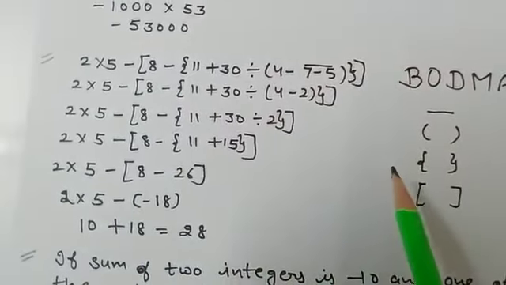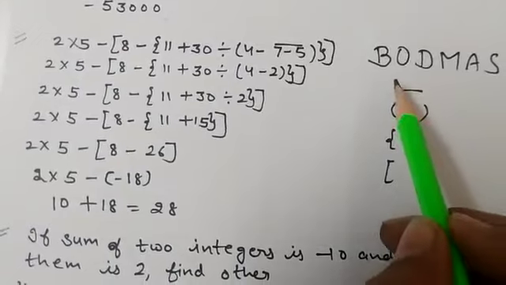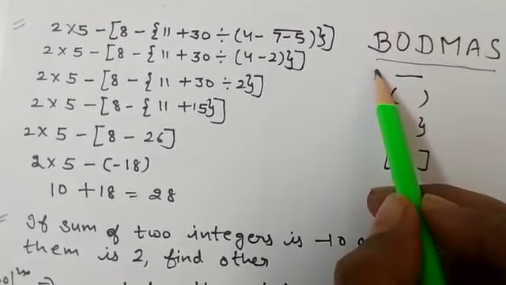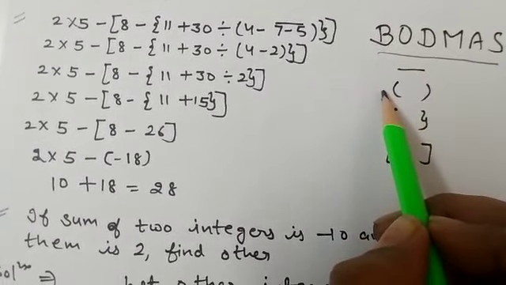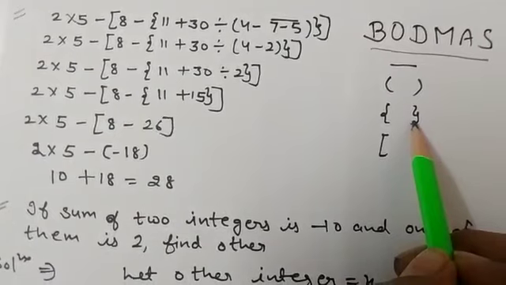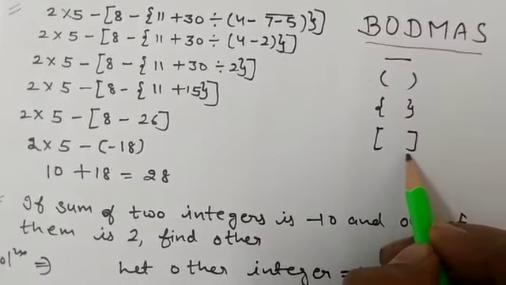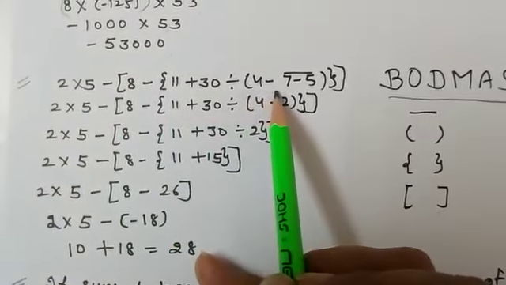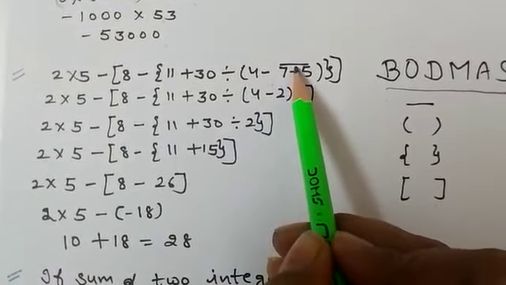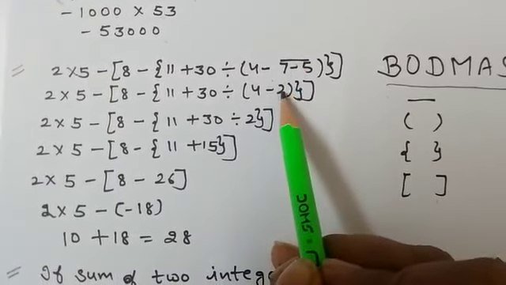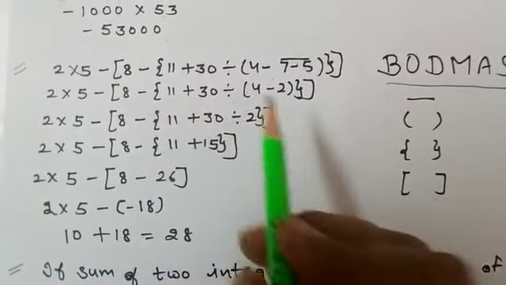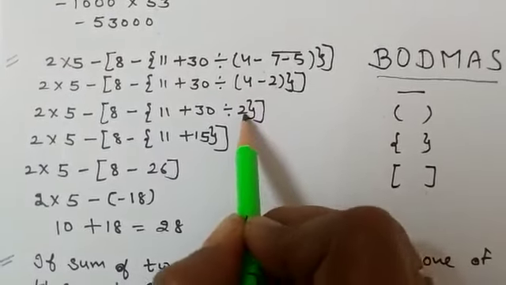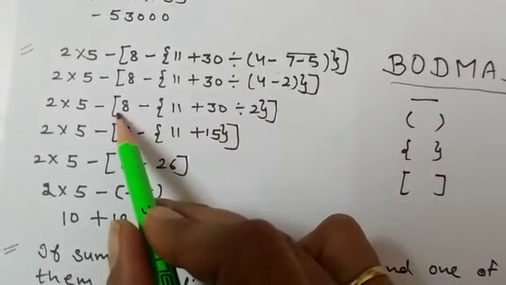Next part is we solve the sum of BODMAS using the rule of BODMAS. We know that first we solve the line bracket, number 2 the common bracket, number 3 the curly bracket, and last we solve the rectangular bracket. In this question we have all brackets. So first of all we solve the line bracket. So 7 minus 5 is 2 and the remaining digits are the same. Number 2, we will solve the common bracket, so 4 minus 2 is 2 and all the digits remain the same.